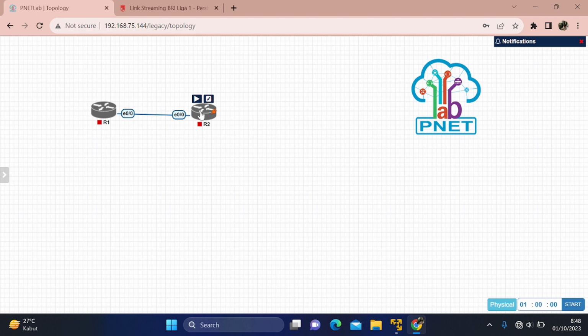IBGP peering or internal BGP peering is a neighbor relationship between BGP router that are still in the same AS, and IBGP is usually carried out if an AS number has two or more BGP router that function as entry and exit point for routing information, and then this BGP router are connected by peering so that the routing information can pass through this AS number to go to the next AS number again.